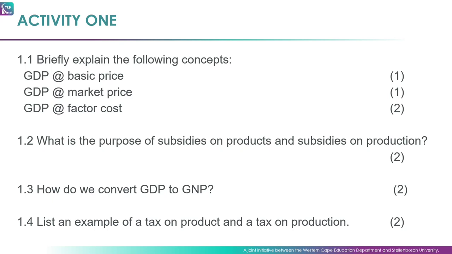1.3 asks, how do we convert GDP to GNP? And 1.4 says, list an example of a tax on product and a tax on production. Right, we're going to have a look at these answers